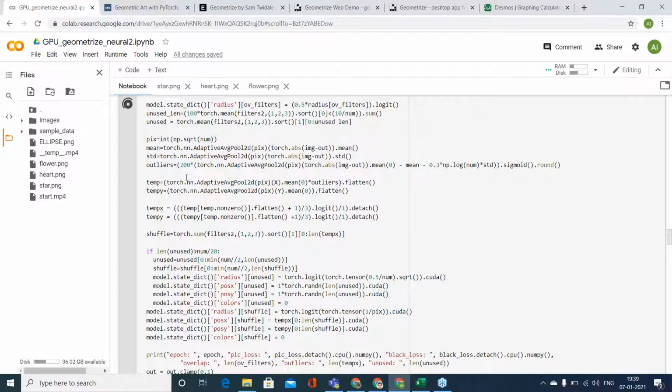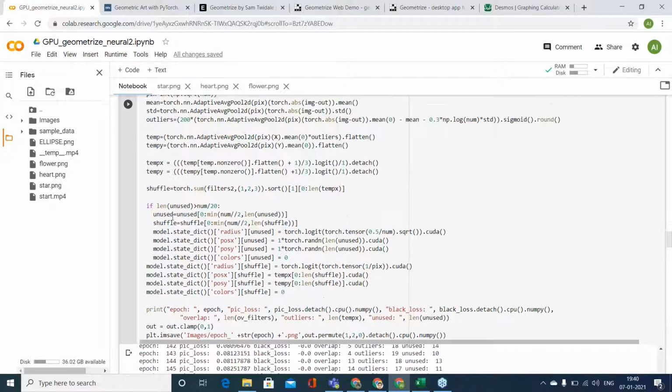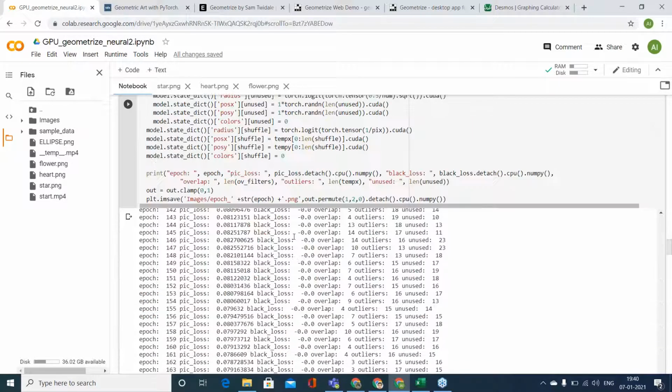Another thing I check is whether there are areas in the image where the pixel difference is very high. I throw those unused shapes onto those areas. If the pixel difference between the image I'm constructing and the input image is very high, it means it needs more shapes there. This is what it does.